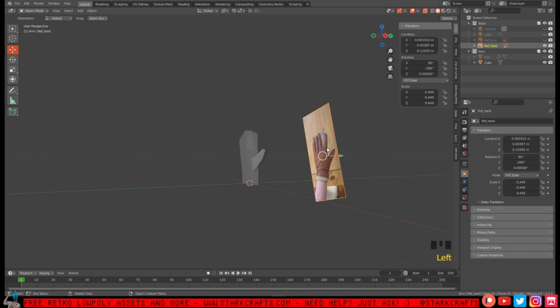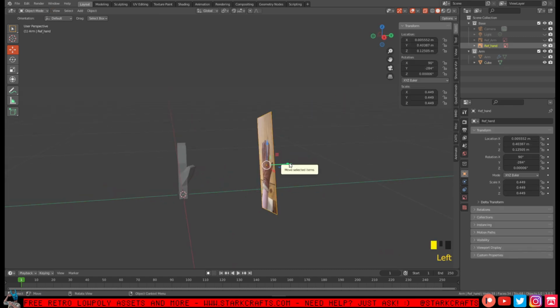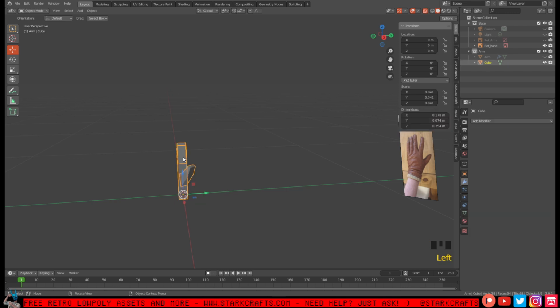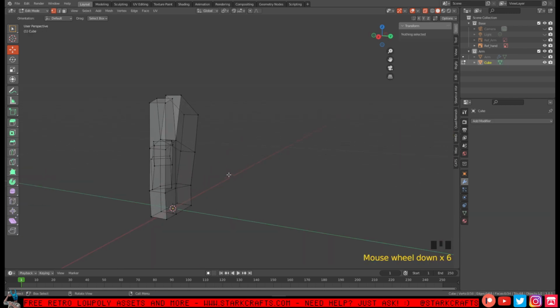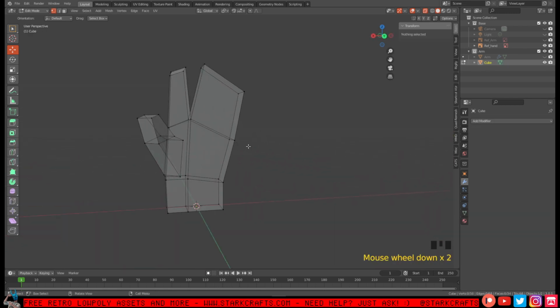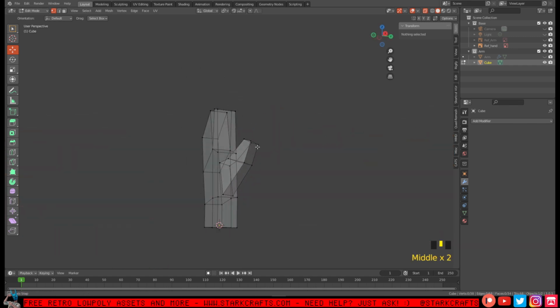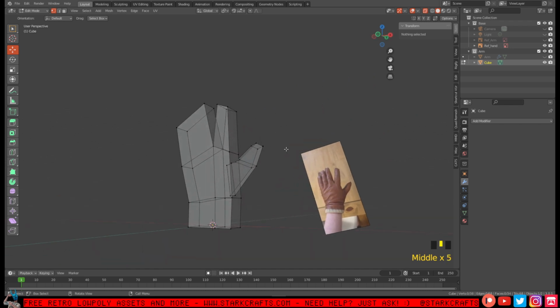Wait, let's switch into the object mode. Let's drag the reference a bit more backwards. Tap to switch back into the object, select the hand and tap. So, and it looks very flat right now. We can bring in even more